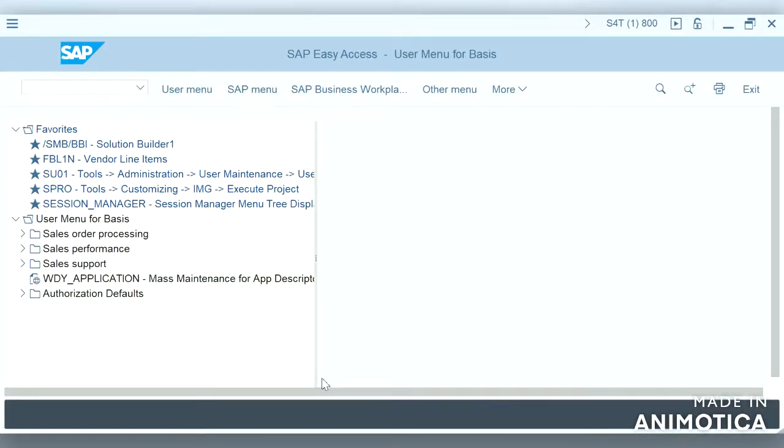Today let us create a new GL for expense account. In our previous videos we have already created a bank account, which is an asset account. Let us try to create an expense account and try to post an entry where we are making a payment for an expense through the bank account, like expense debit and bank credit. And let us see while posting the document whether it will post or it throws an error.